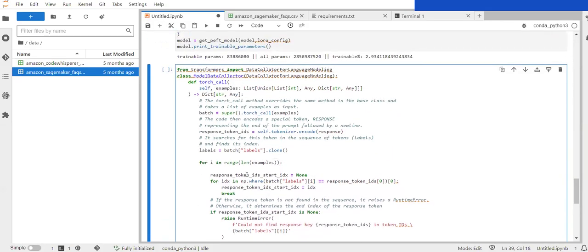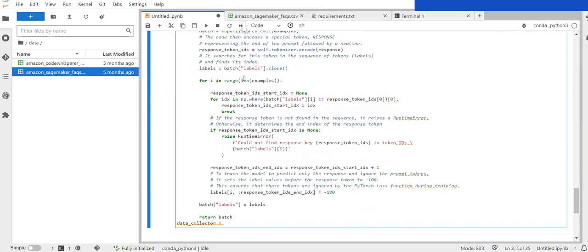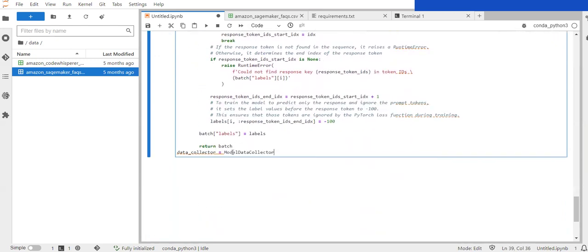For this, I am using the class that we defined, and I am passing the parameters: tokenizer as one value, and MLM equals false,